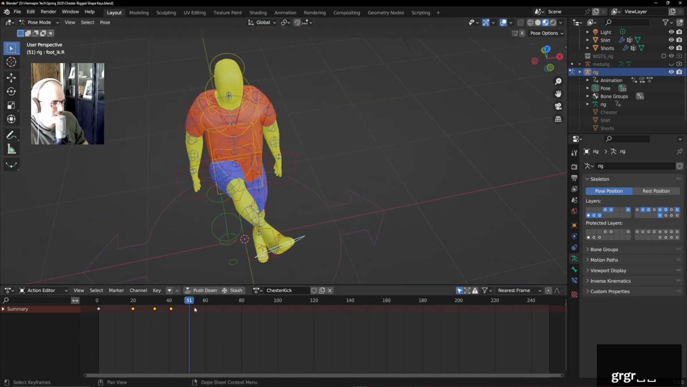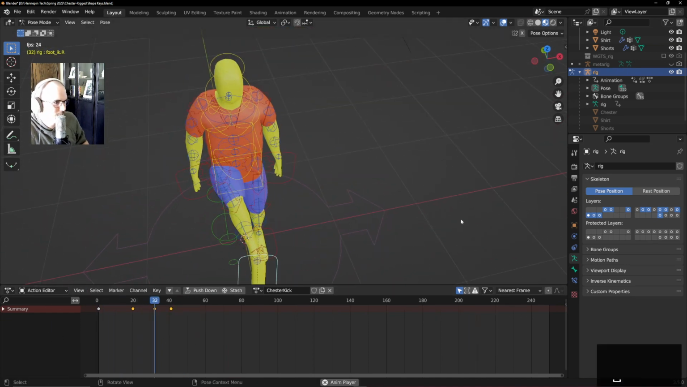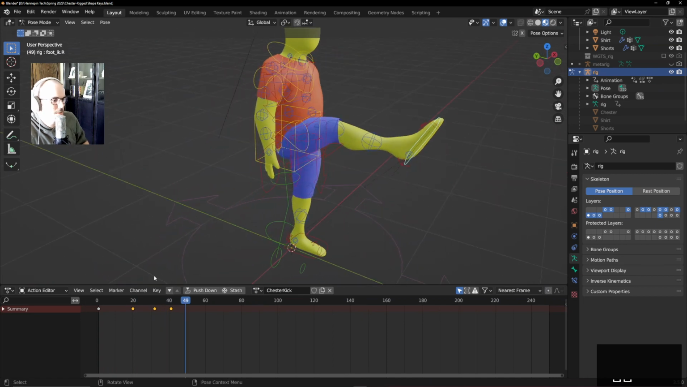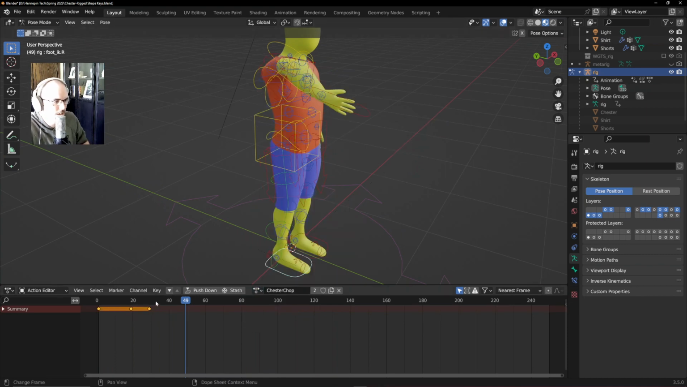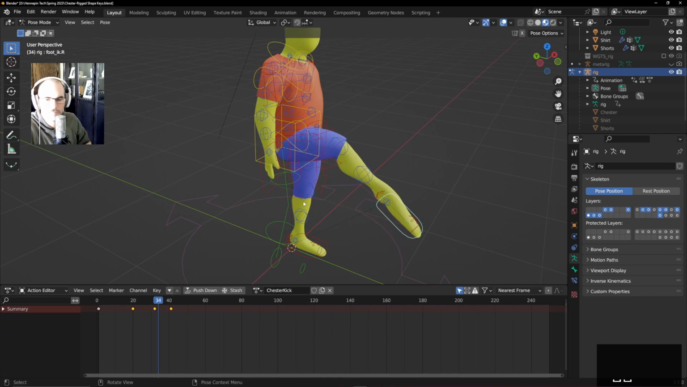And of course, I wasn't in an orthographic view, so it's totally sideways. Yeah, he kicks the ball. Okay, so that's Chester Kick. So I have two different actions on here, Chester Chop and Chester Kick. And so you can save these as different things that can be used for other